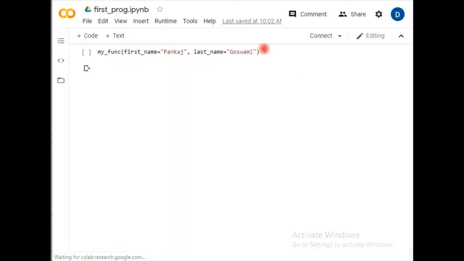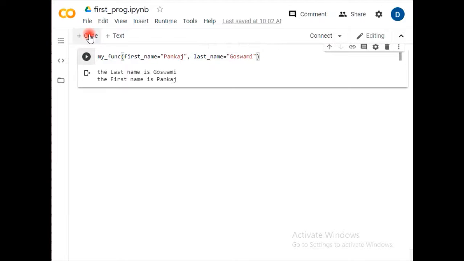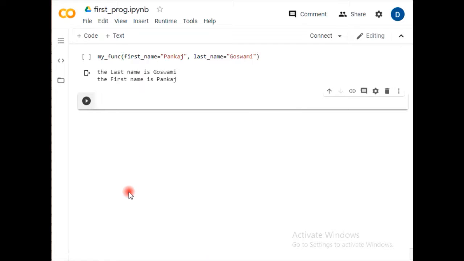This time we are moving ahead, creating a code line. An important thing is that whenever you are starting with Google Colab, creating your file, whatever name you wish to give, you can give up here. And don't forget to connect this. It connects your program file with the server.